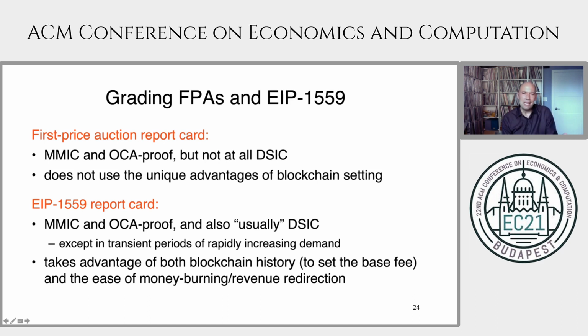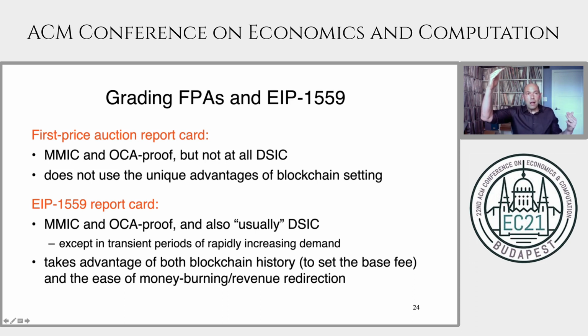Now, we sort of see immediately it's not always going to be DSIC, because if you find yourself in a situation where the reserve price is 0, then it's literally exactly the same as the first price auction, which of course is not DSIC. But in some sense, this is the only issue. The only problem is if the reserve price is way lower than it should be. Why would that ever happen? Well, it's going to be because you just had a demand shock. So if you were just in a period of stable, low demand, and then all of a sudden the demand